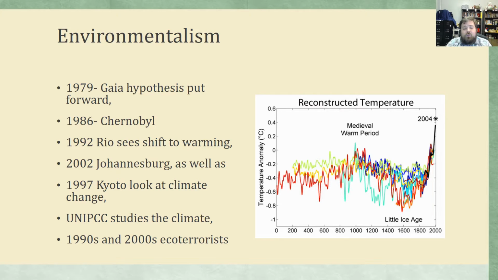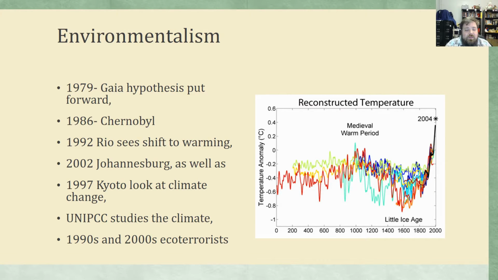So we see the creation of the United Nations Intergovernmental Panel on Climate Change, the UNIPCC, right? That's Al Gore and those guys that won the Nobel Prize really start to study global temperature changes, right? Climate change. And what we see is the very famous graph right below me, where temperatures really begin to change after the 1800s, and they begin to skyrocket. And it's less of a fluctuation than normal. It's more of a, well, it's that hockey stick, if you will.